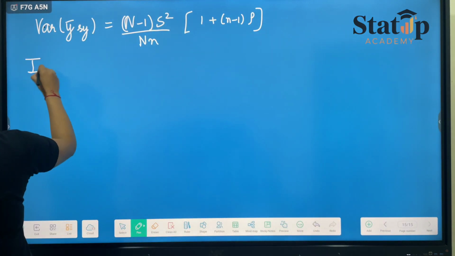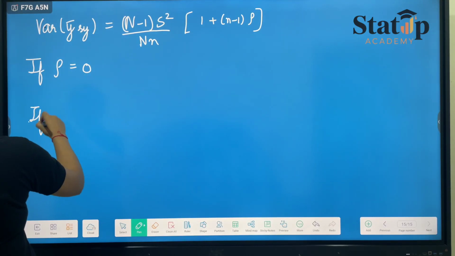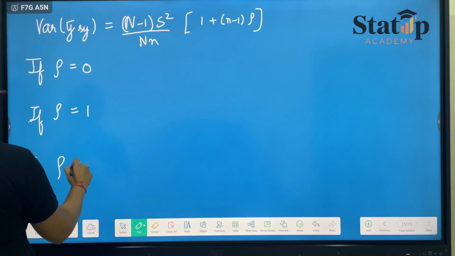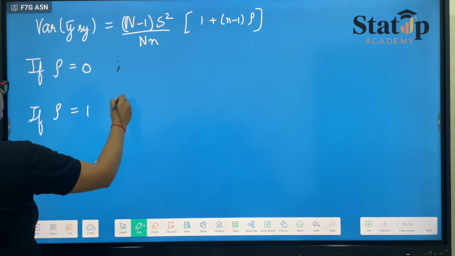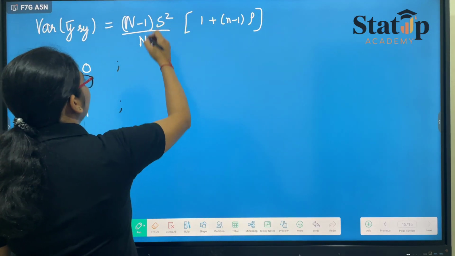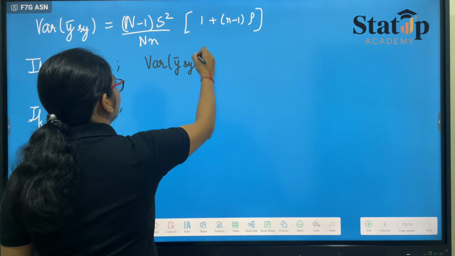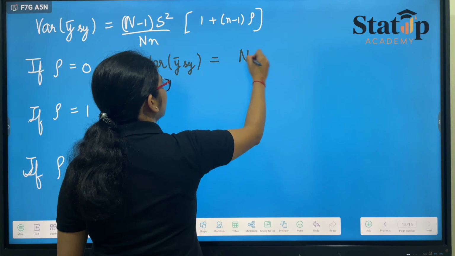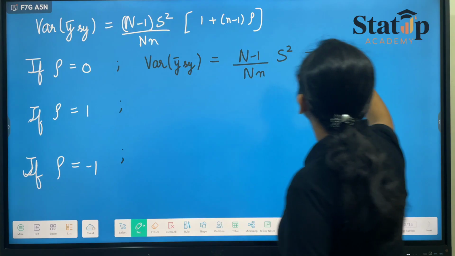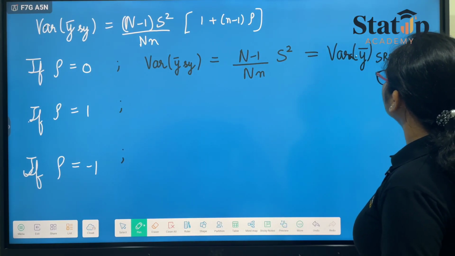If rho is equal to 0, if rho is equal to 1, and if rho is equal to minus 1, then what will happen? So if rho is equal to 0, if we put it here, then we will get variance of y bar systematic is nothing but (N minus 1) upon N S square, which is nothing but variance of y bar simple random sampling with replacement,